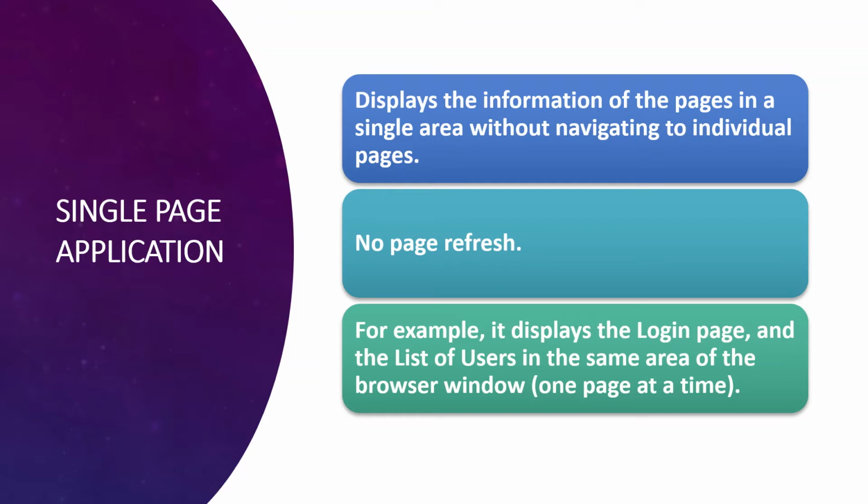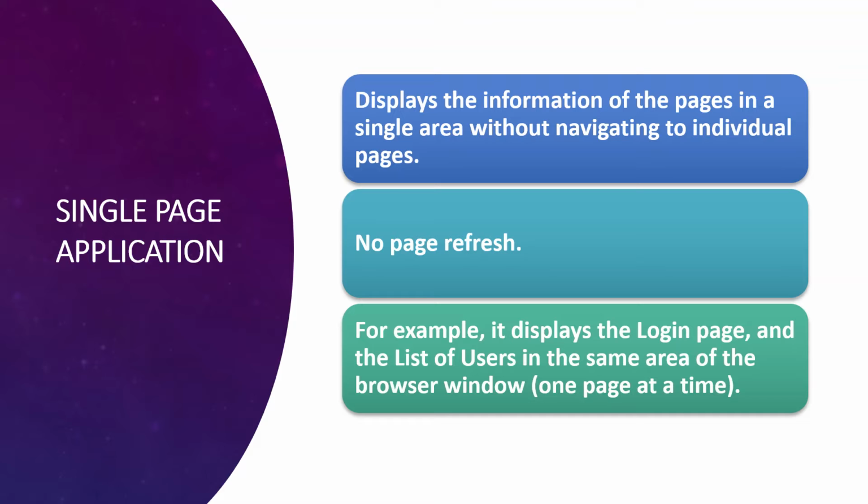A single page application displays the information of the pages in a single area in the browser window without navigating to individual pages. So logically it has only one single page, although it displays information of many other pages. There is no page refresh. Only the areas that require information to be changed are the ones that change. For example, if the context menu of a row is clicked, only the context menu text will change